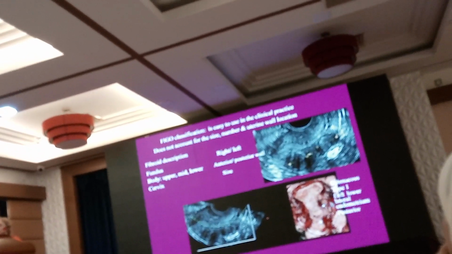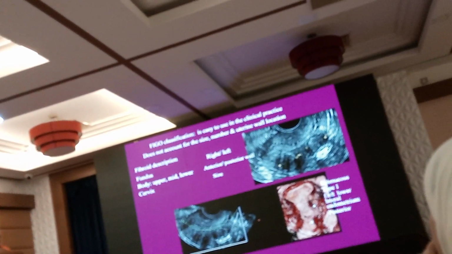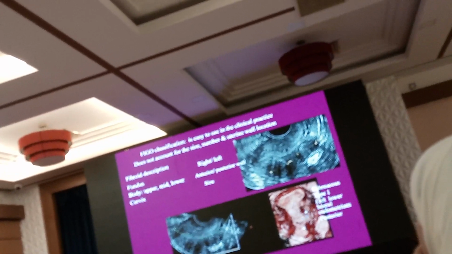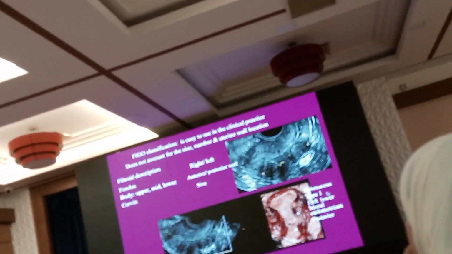And here we have one such patient. This was the same patient. Here we have 2 fibroids, so we label both of them. So this is submucous, we call it type 1 because